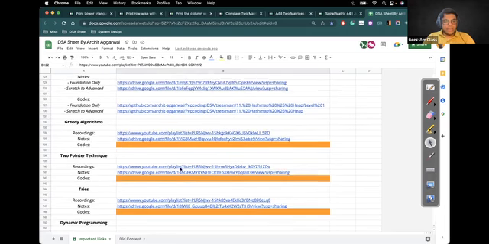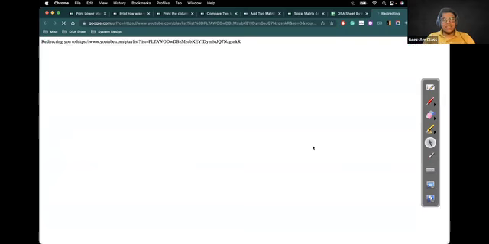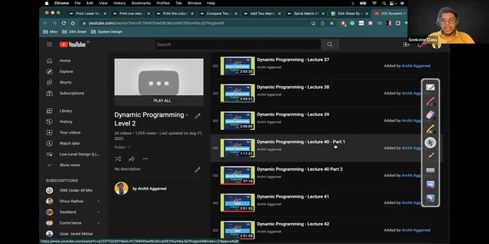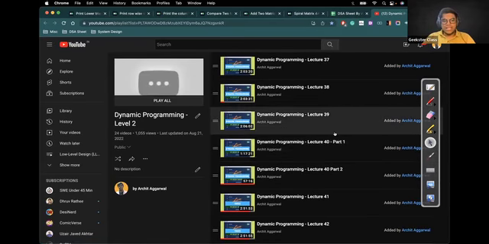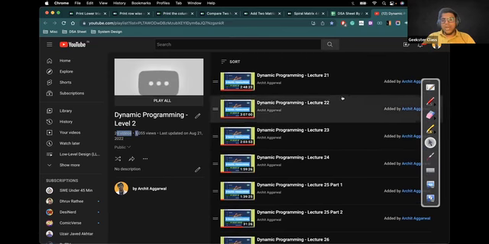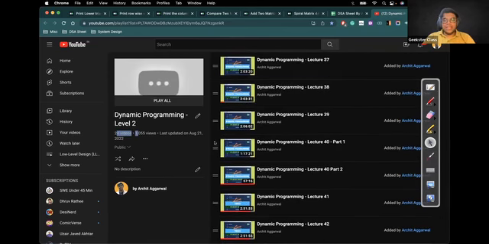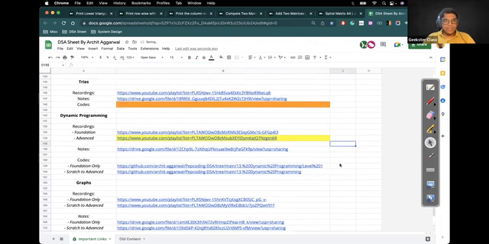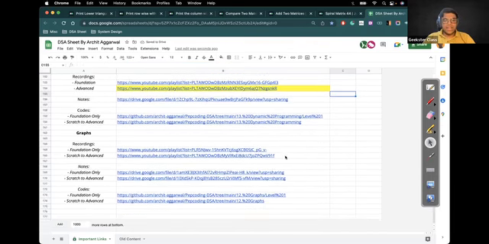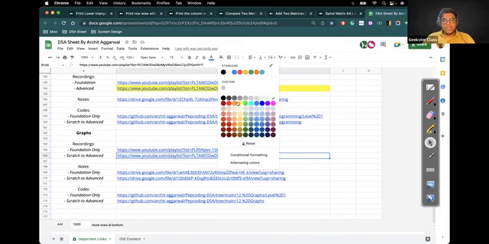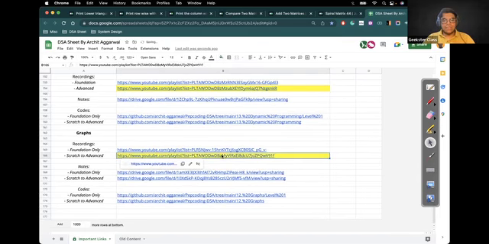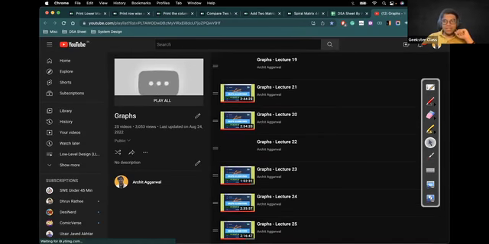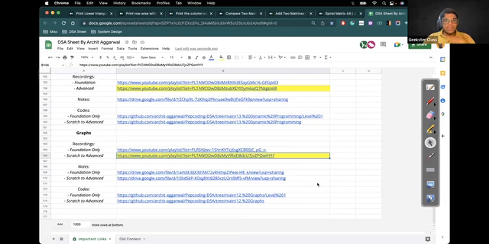सिमिलरली डायनेमिक प्रोग्रामिंग के एडवांस की, इसमें लेवल 2 मान सकते हो आप, एडवांस्ड नाम ही सजेस्ट कर रहा है। इसमें ऑलमोस्ट 24 लेक्चर हैं, ये भी आपको नहीं दिखेगी। और एक प्लेलिस्ट ग्राफ्स की है, ये भी आपको अभी हाल फिलहाल नहीं दिखेगी। ये 3 प्लेलिस्ट आपको नहीं दिखेंगी, बाकी सारी प्लेलिस्ट आप फॉलो कर सकते हो इन 3 के अलावा।